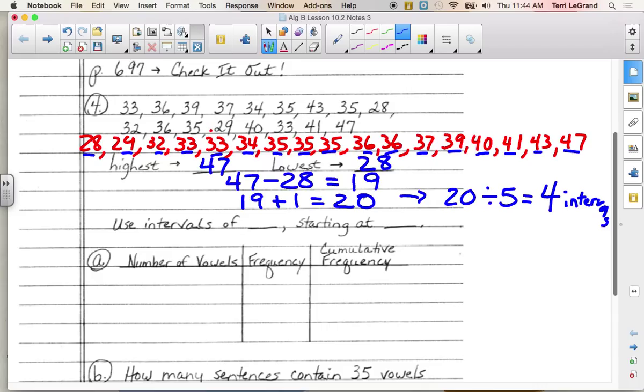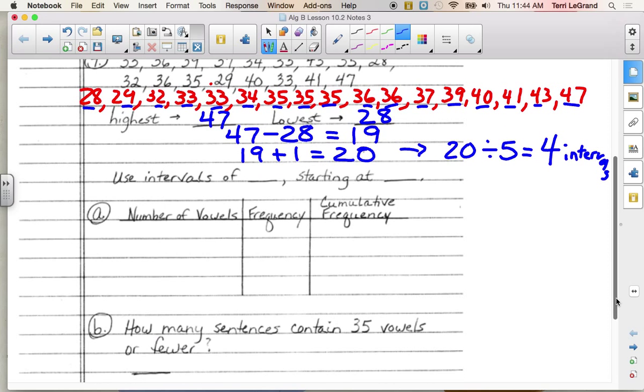Could we have chosen 5? You can, and then we just make the table one longer. Either 4 or 5 would work. The number that you're dividing by is going to end up being the range, how many values. If we started at 1, it would go from 1 to 5. That's what the 5 is representing, and the 4 is representing the number of intervals. So we're going to use intervals of 5,